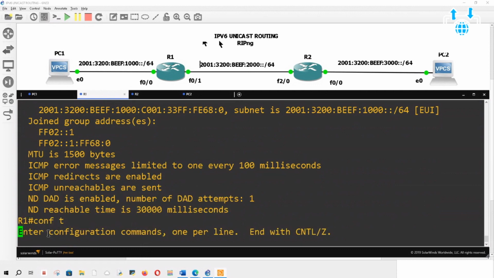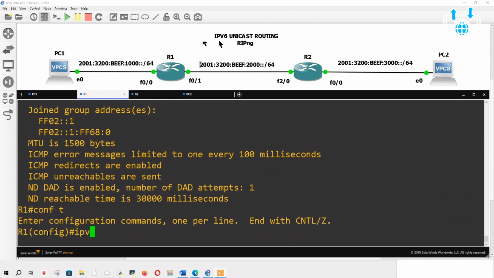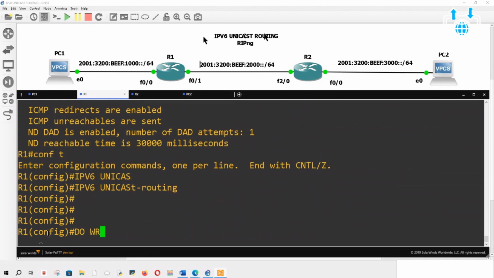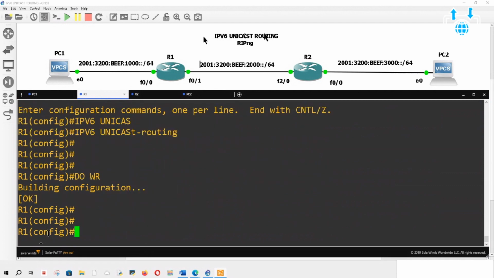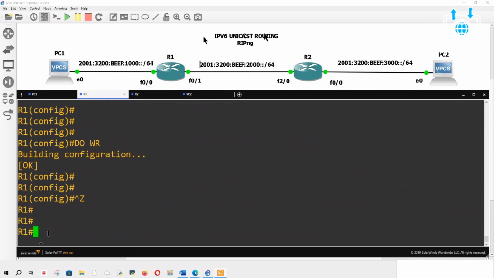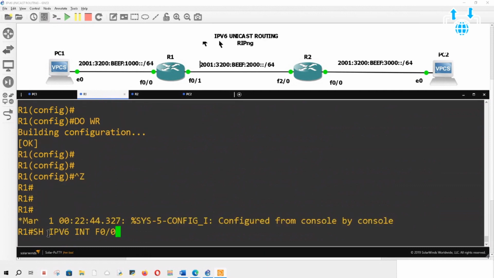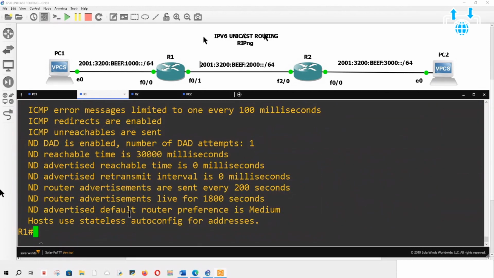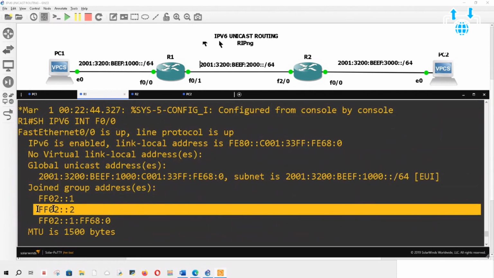So if I do ipv6 unicast-routing, and then I go back inside and up-arrow the same command, there she is, the all routers.